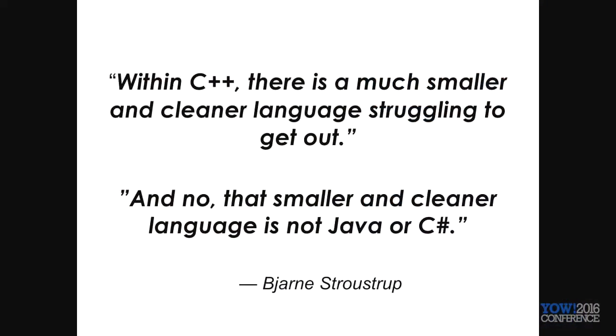And think of it this way. Another quote from Bjorn Stroustrup is, within C++ is a much simpler and cleaner language struggling to get out. I'd like to think that there is also within Java a much simpler and much more performant language trying to get out. I'd like to think that within Go there's a much better language trying to get out. We can think of this for every language. This is what we want.